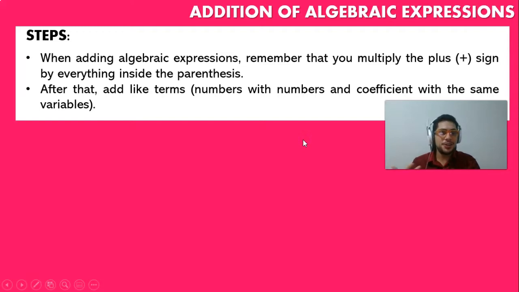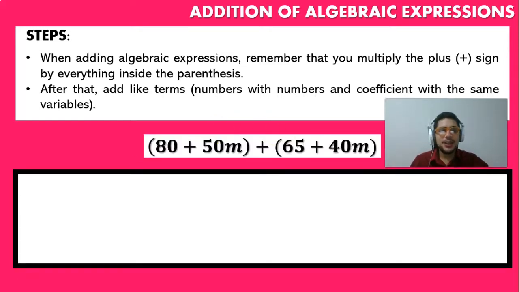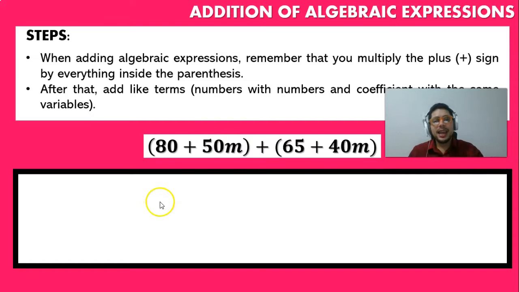So let's try solving a problem right now. In this case, we have 80 plus 50m, that is a binomial because we have two terms there, plus 65 plus 40m, that's another binomial. And let's see if we can actually reduce it. So if we have 80 plus 50m, and we add 65 plus 40m,